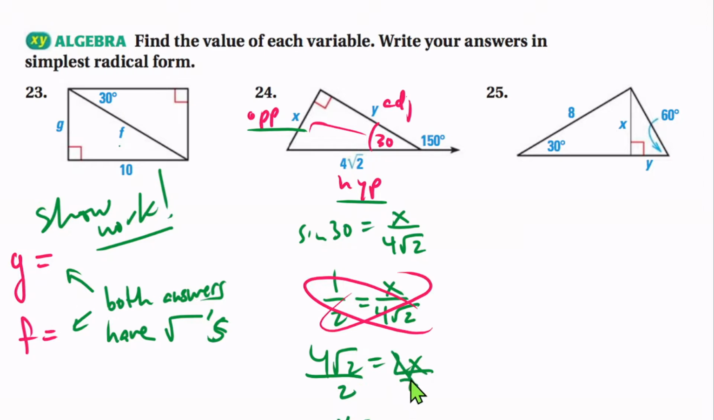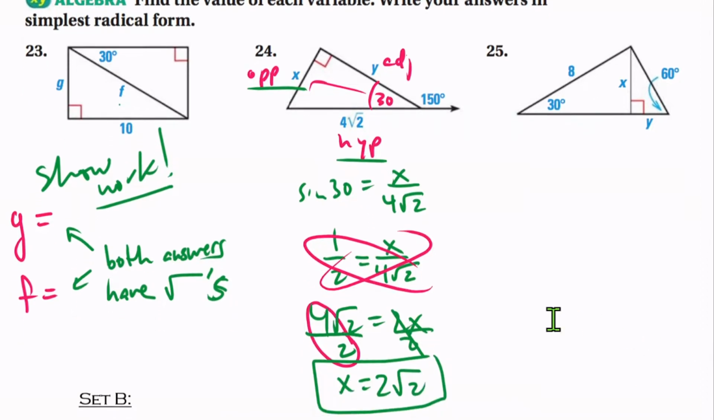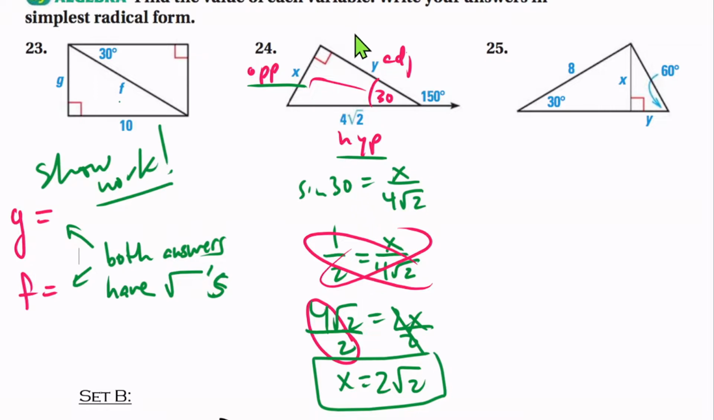X equals, this eliminates, and here these two plain numbers can divide together and you'll get 2 square root 2. That is the value of x. Now to find y, you have to